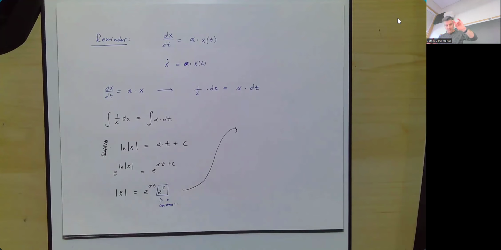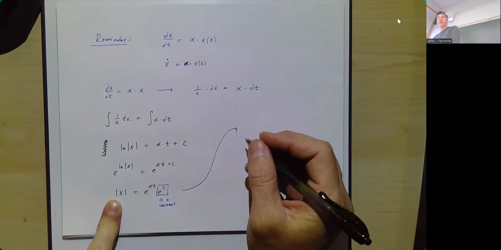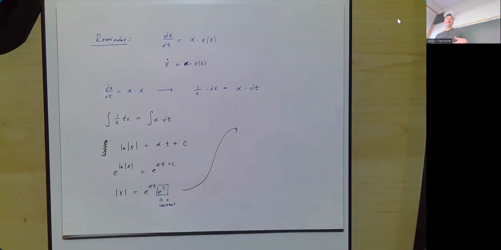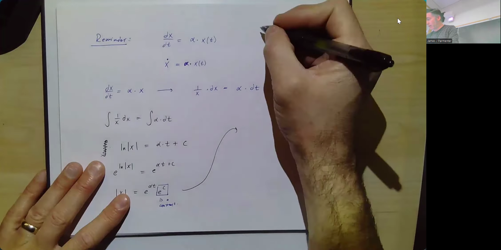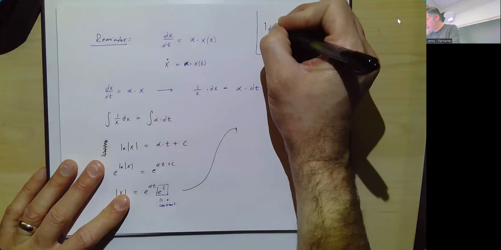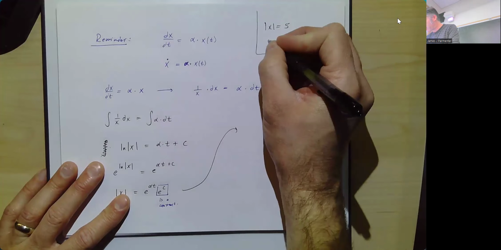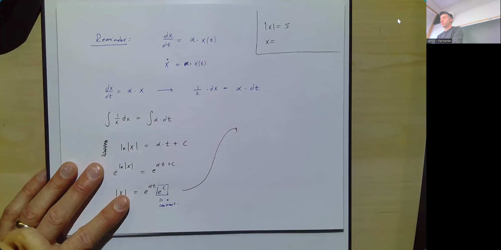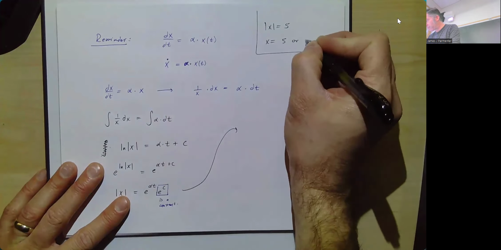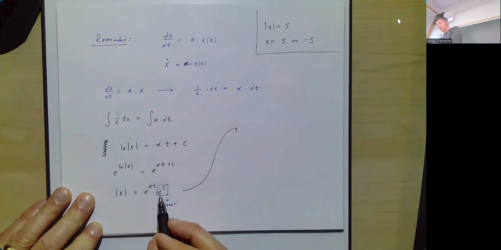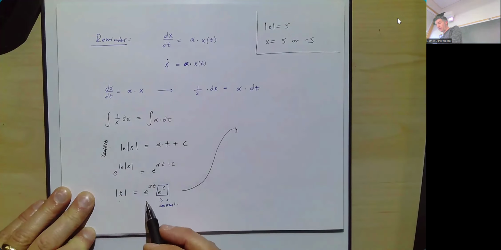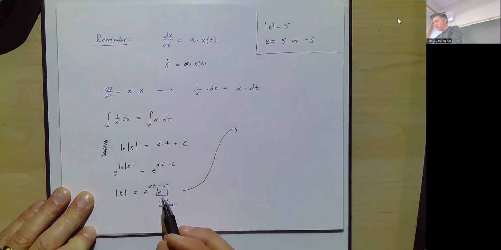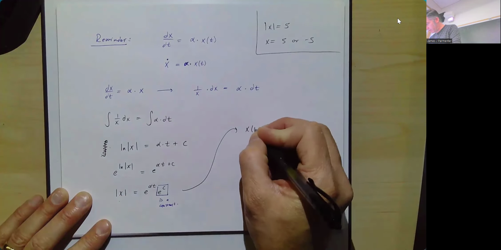I'm gonna be smart. So before I write that, I'm gonna say that dropping the absolute value. Sorry, if the absolute value of x is equal to 5, what could x be? Let me say that again. If the absolute value of x is equal to 5, x could be 5 or -5. So if the absolute value of x is equal to something that's for sure always positive, e to the something is positive, that means that x as a function of t is